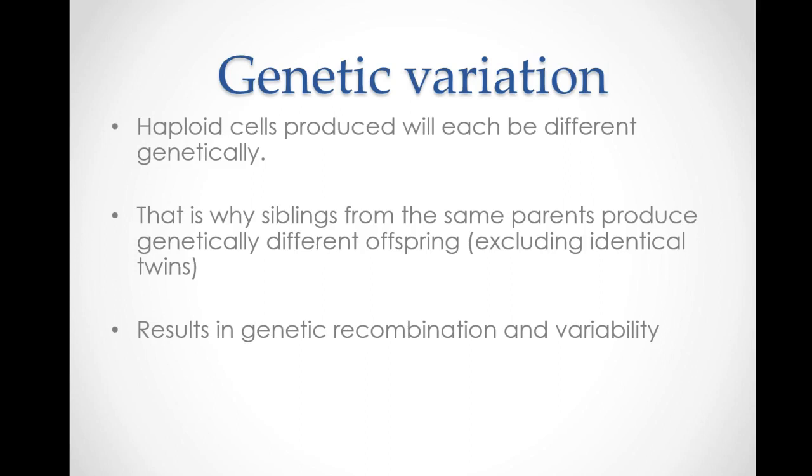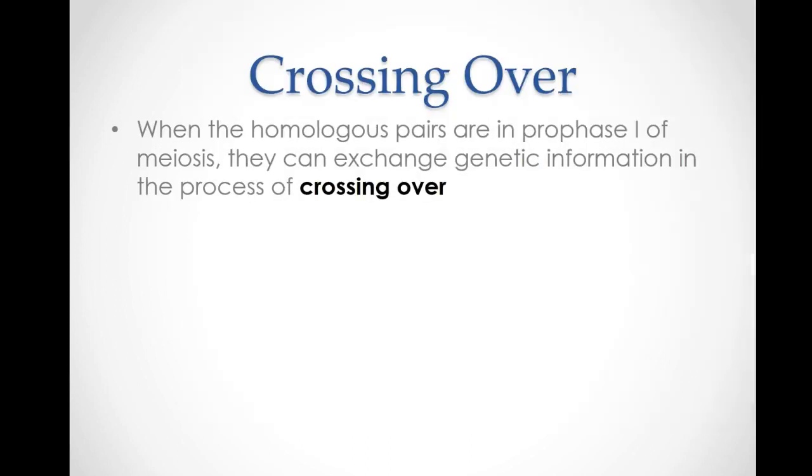It's necessary because if something does happen, if a new flu virus comes in, and this happens often, some people are really susceptible to these flu viruses and they can be deadly, and other people aren't susceptible at all and they won't even get sick. That's part of that genetic variation. So we need to have that in a population of living things so that we can survive our environment. So the first step in creating this genetic variation is something called crossing over.